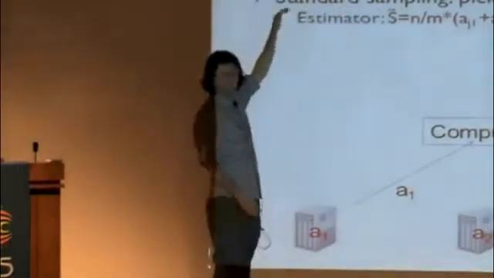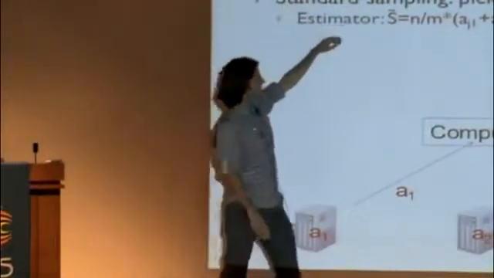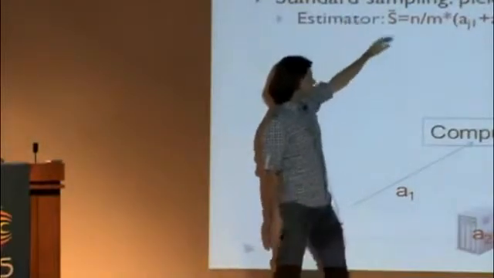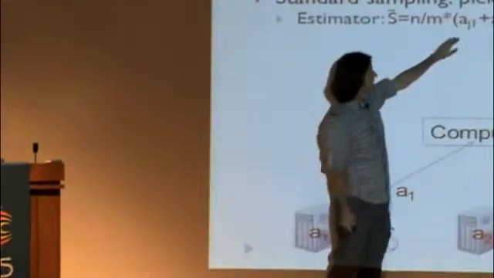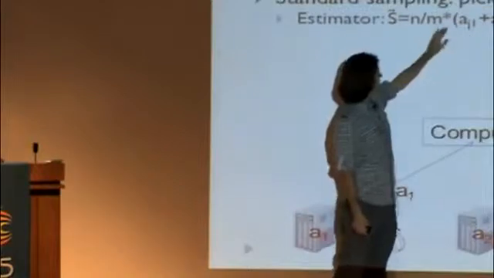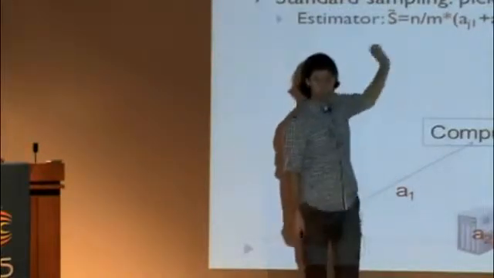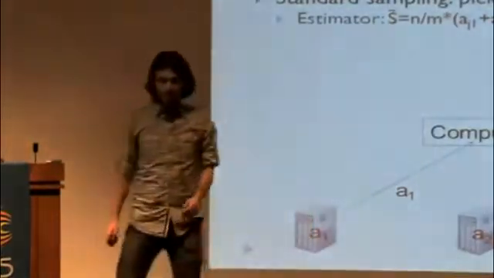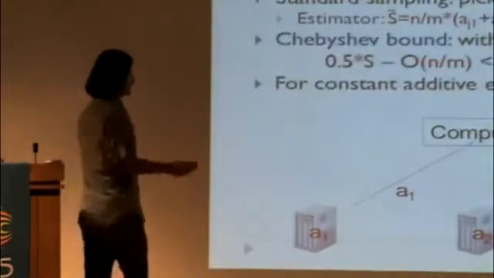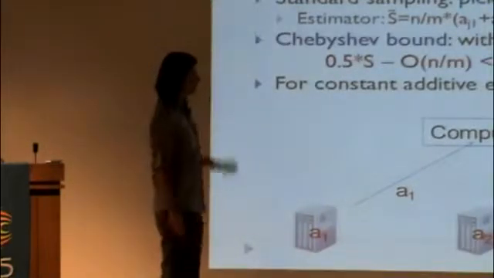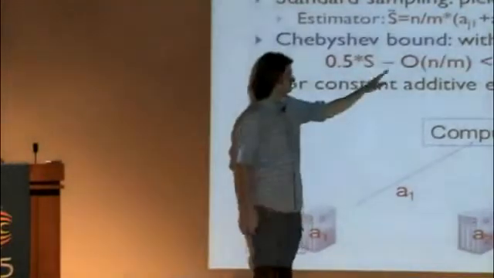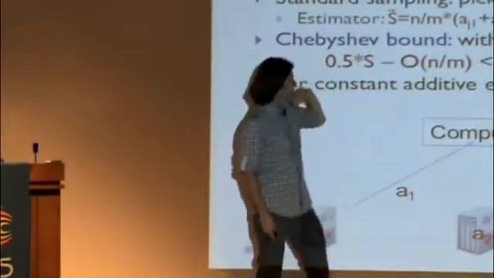This is kind of the first sampling thing to do. You subsample m out of n, and n over m is a normalization constant that would be your estimator. And when you apply, say, a standard bound like Chebyshev's, with say 90% success probability,